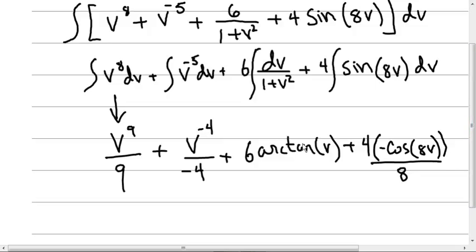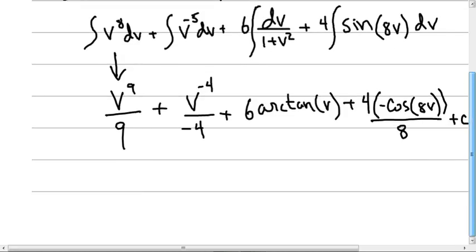And then each one of these, of course, would have the idea of a little constant, so we probably better put a little constant at the end like this. And we can clean this up a bit, take care of our minus signs, so we get v to the 9th divided by 9. This minus comes out, minus v to the minus 4th divided by 4 plus 6